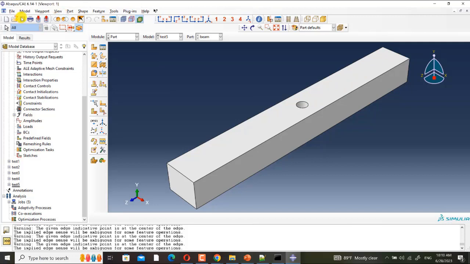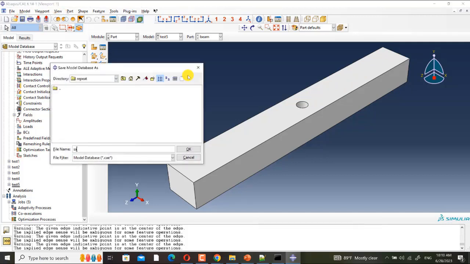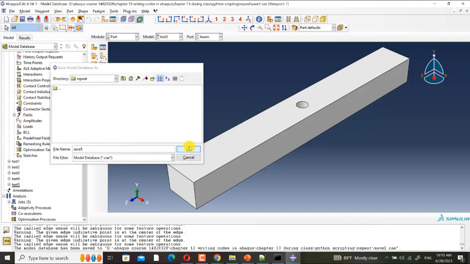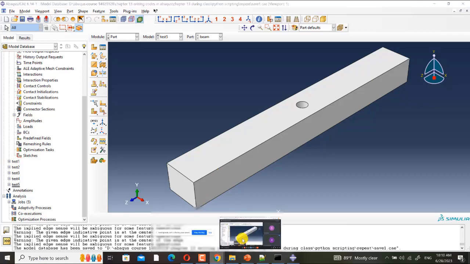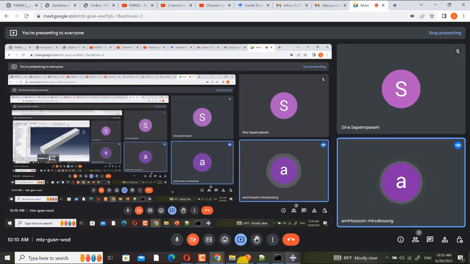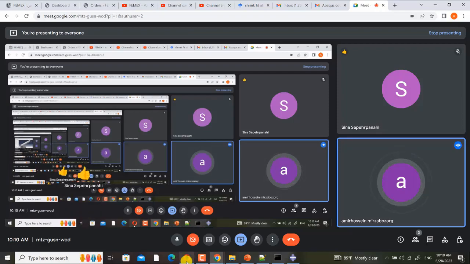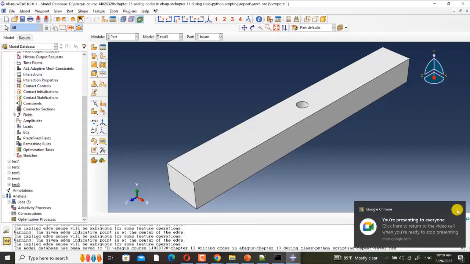Okay? It's very interesting. And all of the other settings are the same. Do you have any question? If you have any question, please ask. If you don't have, I want to go to the next chapter.